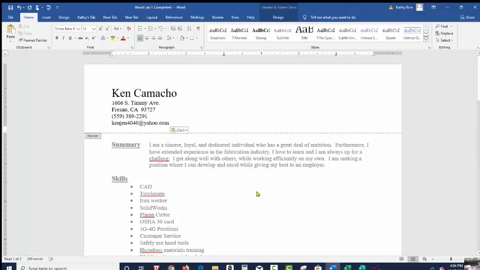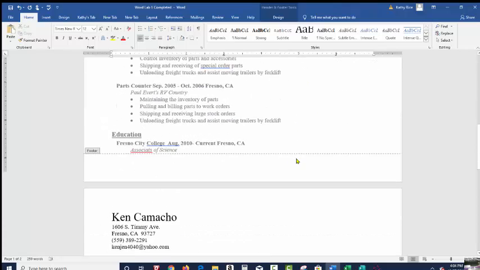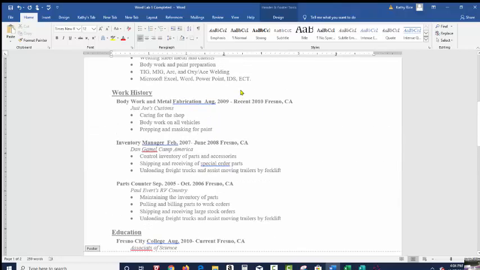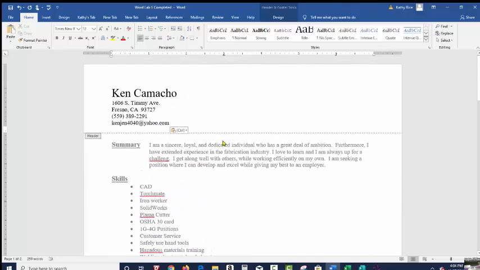Now, the next thing that we want to do, so now we have it in the header. And let me show you. If we go down here to page 2, there it is. Okay, so that's what a header does for you, or the footer. Now the next thing we need to do is the border. And if you look at the example, there is a line under Ken Camacho's email address. So all you have to do is a border, and what that is